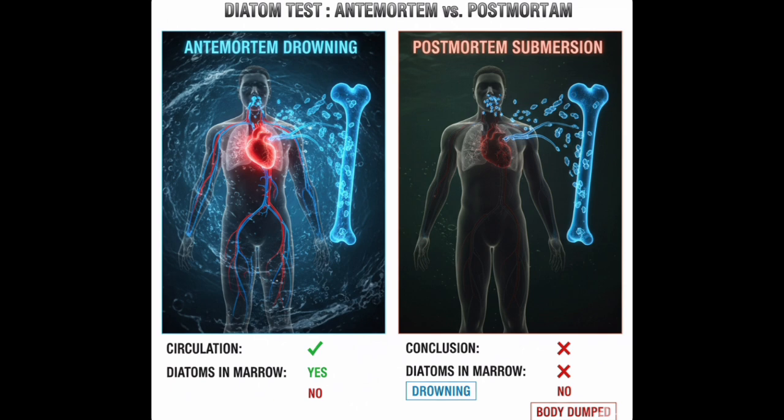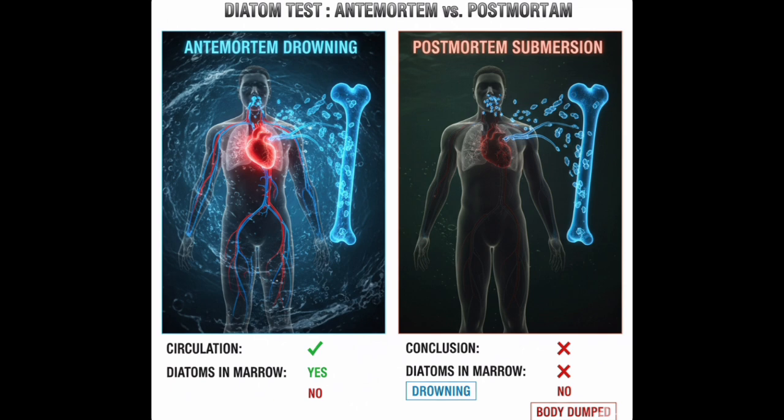In case of ante-mortem drowning, active inhalation of water occurs. Why? Because the person was alive at the time of death. But in post-mortem drowning, or post-mortem submersion, it is post-mortem submersion actually, passive entry of water into the airways occurs, but no active inhalation. When it comes to the circulatory system, the heart must still be beating in ante-mortem drowning. Diatoms enter the blood via ruptured alveoli, but in post-mortem drowning or submersion, there is no circulation,